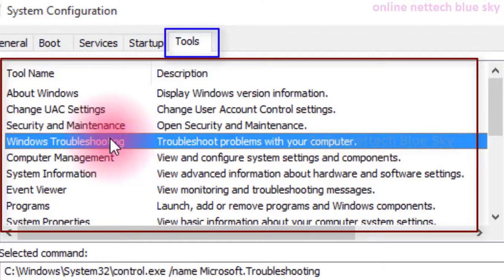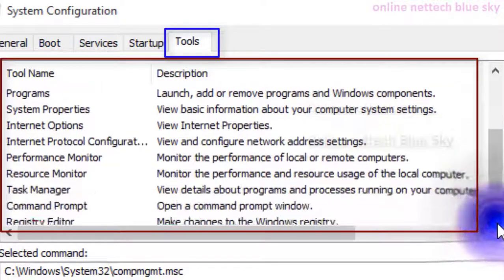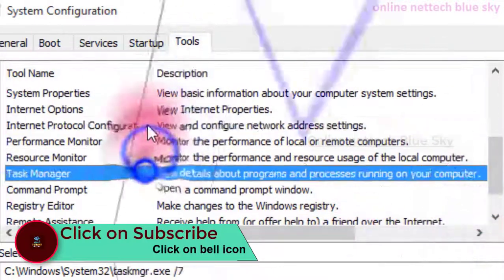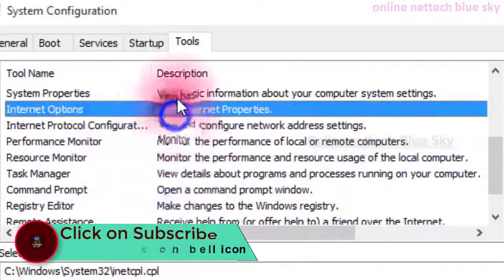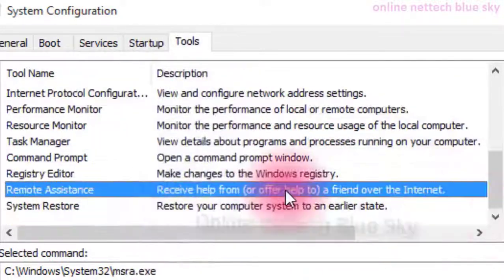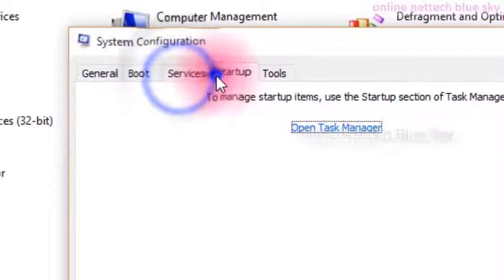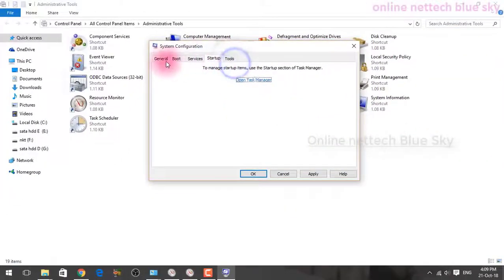So these are all the tools for using and controlling my computer, basically special administrative tools, which computer engineers always use, very important for computer systems and administrators. So remote assistance means you can remotely connect and access another system without leaving your own system.